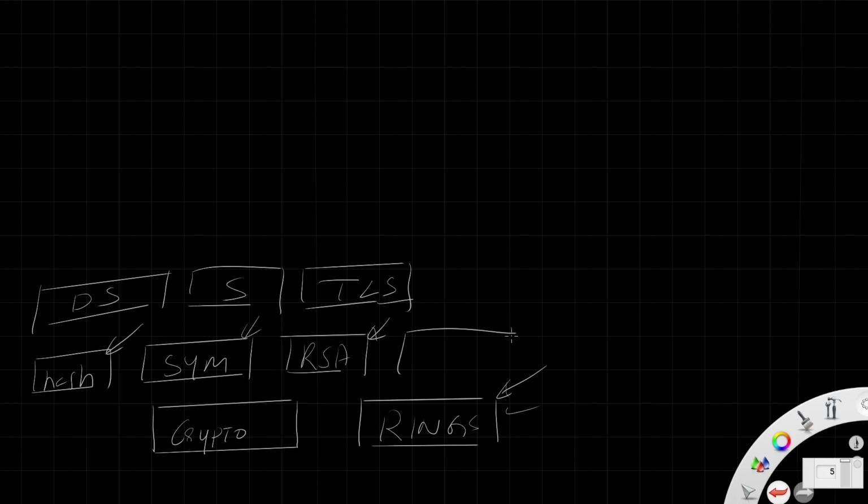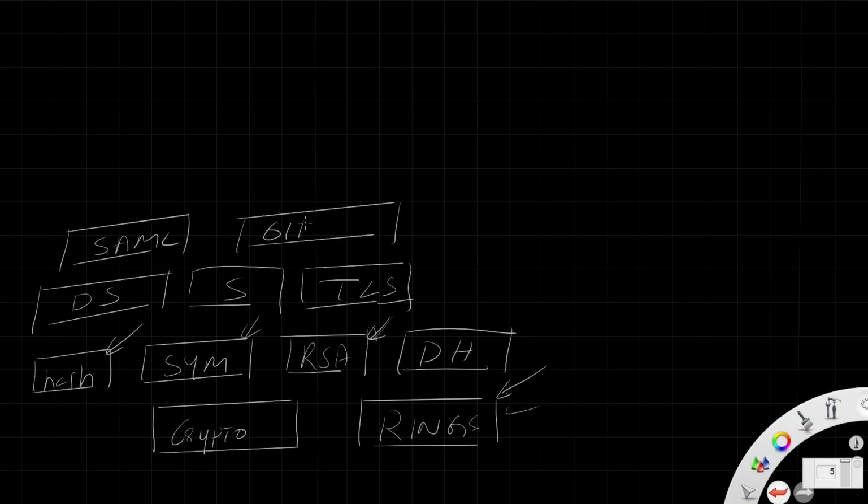We have learned Diffie-Hellman as well, DH, which is kind of similar to RSA, but much more compact. And on top of this, we have discussed SAML and finally OIDC/OAuth. So this is kind of where we are. One of the things we need to understand is that this is exactly like a building. These tiles you're seeing, it's like a building. If one collapses, the whole building collapses.